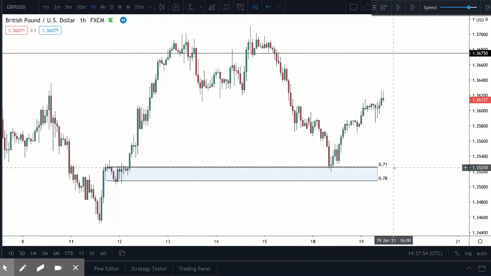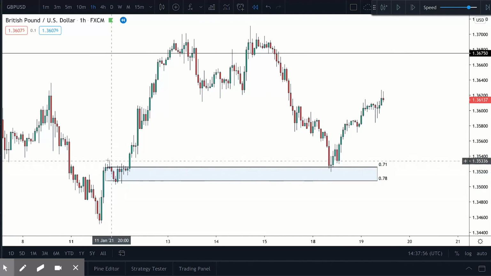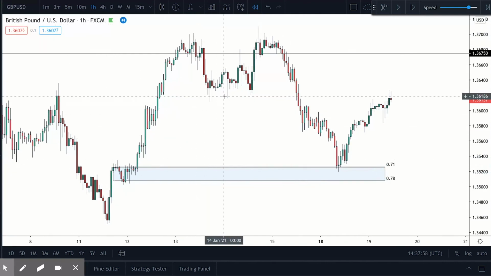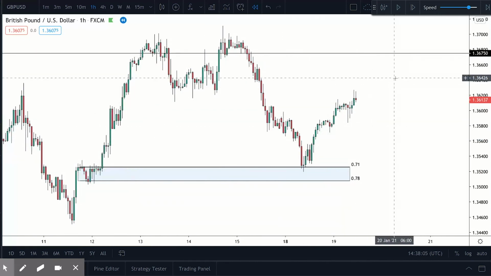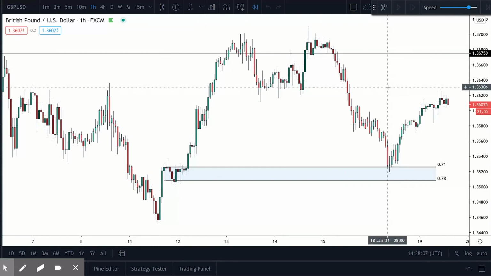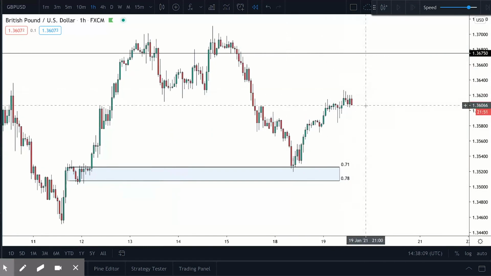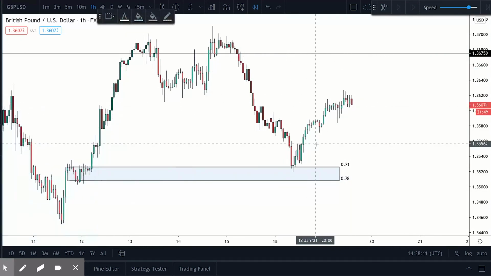You can see that the 71 and 78 Fib levels surround a demand zone very well after a structure shift to the upside from these lower highs to the higher high. All right. So that is pretty much a golden usage of Fib. Now, how high is this level going to go? I do not know. But this is already, using these levels,